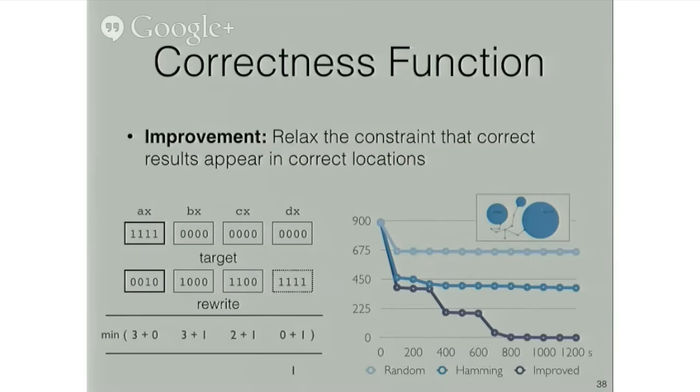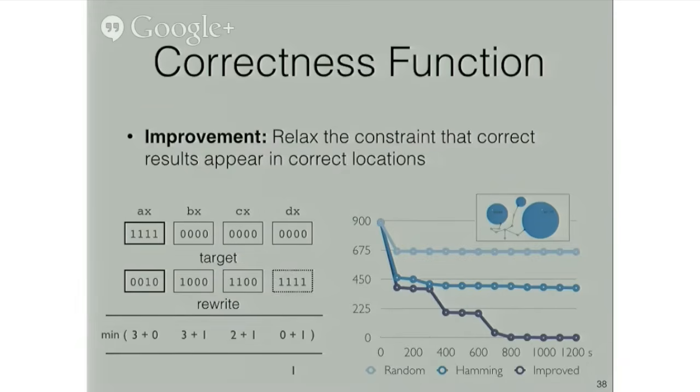What we can do to account for this is to define an improved version of this function, which returns the minimum bit vector difference across all of these registers, and adds a small penalty, in the case of this example just 1, for a correct answer or a near correct answer in a wrong location. And in this case, we actually get, I would argue, a much more appropriate, almost perfect cost of just the penalty 1. The figure on the right here now shows substantially improved performance. And in fact, with some small modifications to account for what it means for a rewrite to produce undefined behavior, like a seg fault or floating point exception, this is the cost function that we use in our current implementation of Stoch.